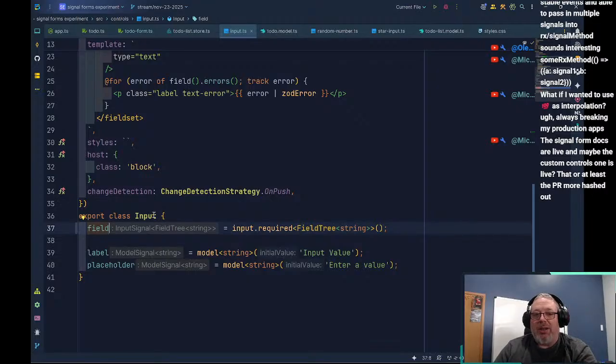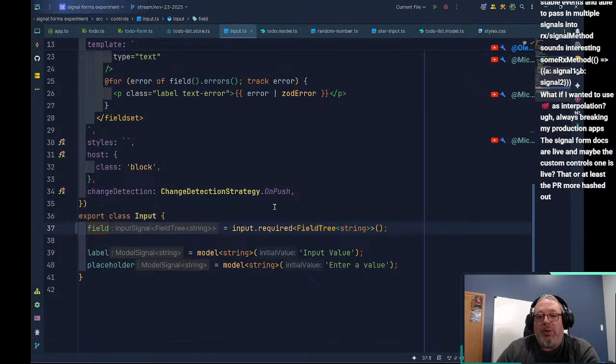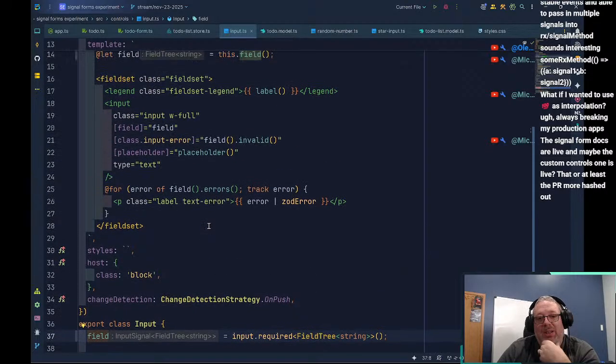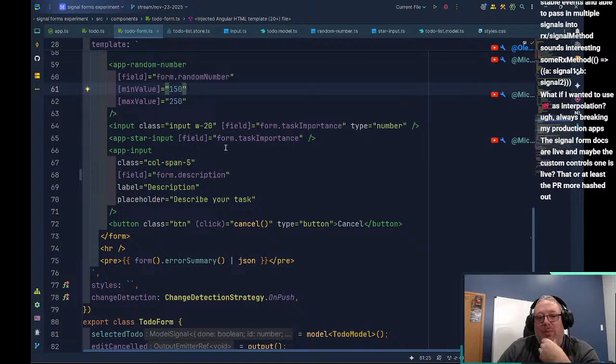Notice here on the star input, we're using the form value control. On our input, we're not using any of that. We're just passing the field straight in, which allows us to bind to that field. And then in the to-do form, we're passing that field across.